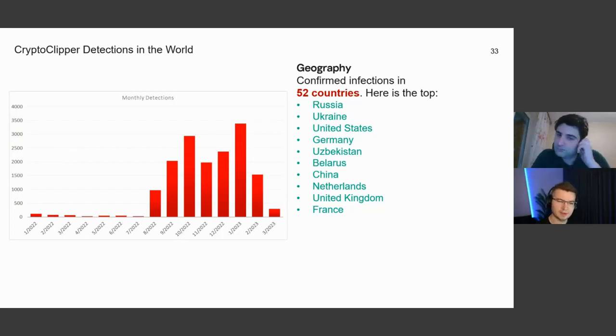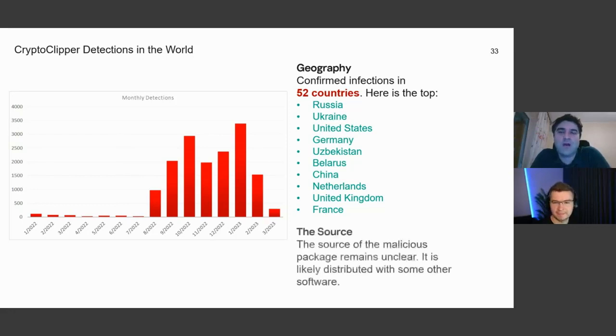One note on the charts here: it looks like it's going down in March, but not really. It's just statistics, there's a gap. It's not fresh, up-to-date data. So I think it's just the regular fluctuations of victims up and down, but it is continuing. It is not going down. So the trend is on. I hope that more and more users will scan their computer and hopefully get rid of this malware.